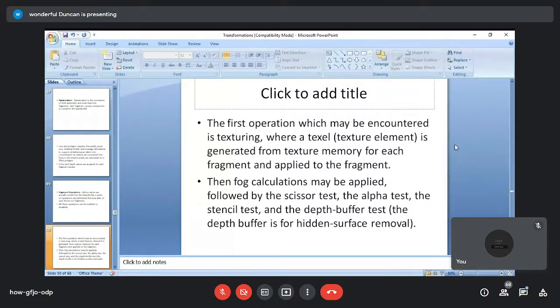Then the other one, after you put the texture, so that the picture is going to look like a real object, we come to the fog calculation. What do you mean by fog calculation may be applied? In fog calculations, we just add some realism to a computer generated scene. So we do some calculation, and here we have some programs that we use, like